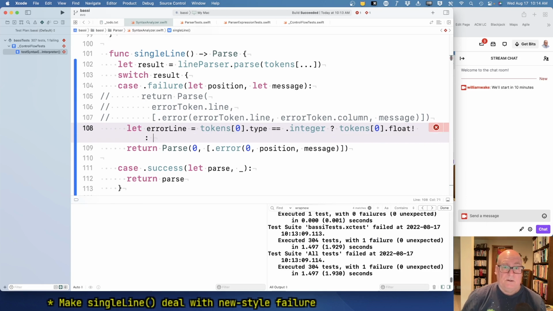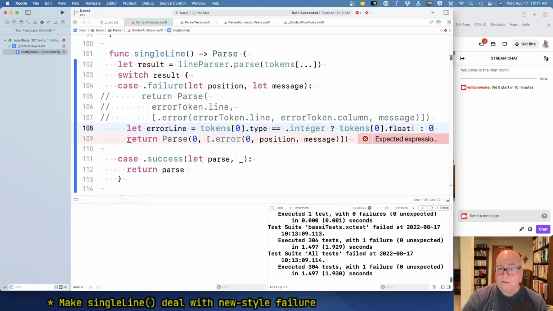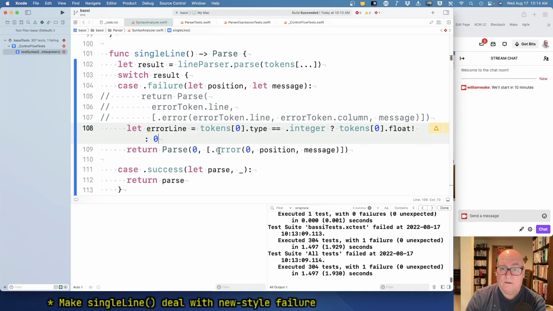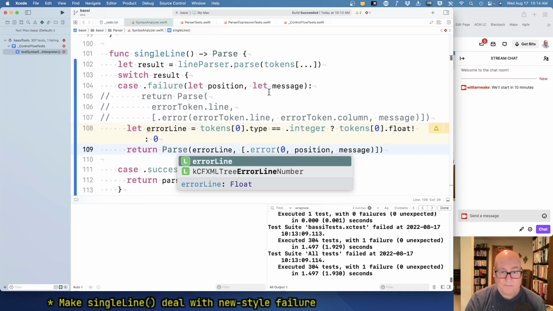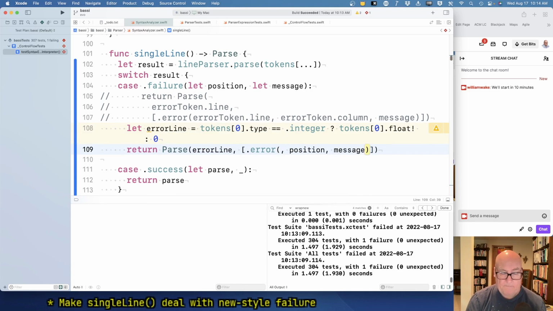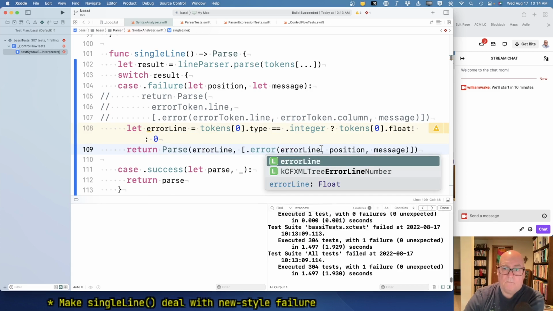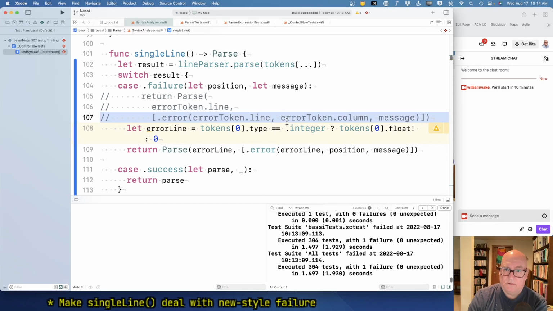Otherwise, we don't know it, and we use a 0. Okay, and so let's use error line here. Okay, a little goofy, but